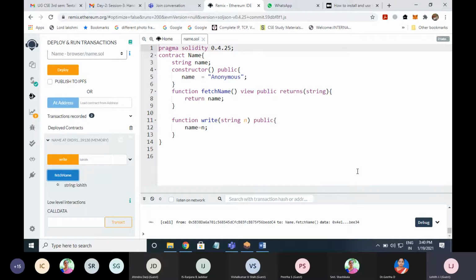Like this, more than 20 vulnerabilities exist in smart contracts, and currently much research is going on. Not only the ONT tool, I think Mythril and SmartCheck are some of the tools you need to install, and if you give your smart contract as input, it will output whether your smart contract is vulnerable to any of the attacks or not.